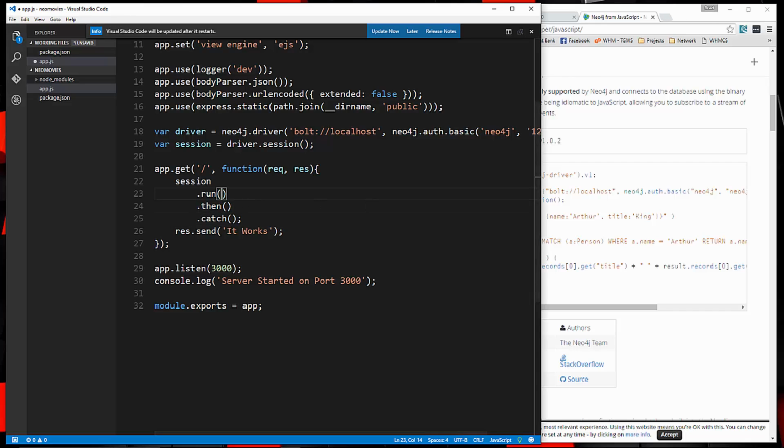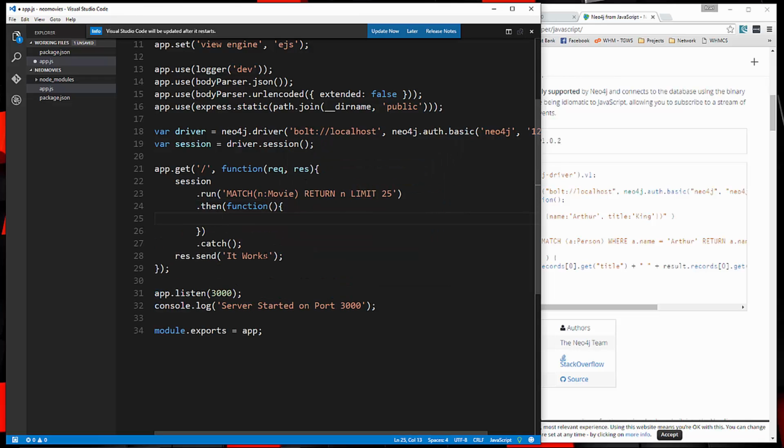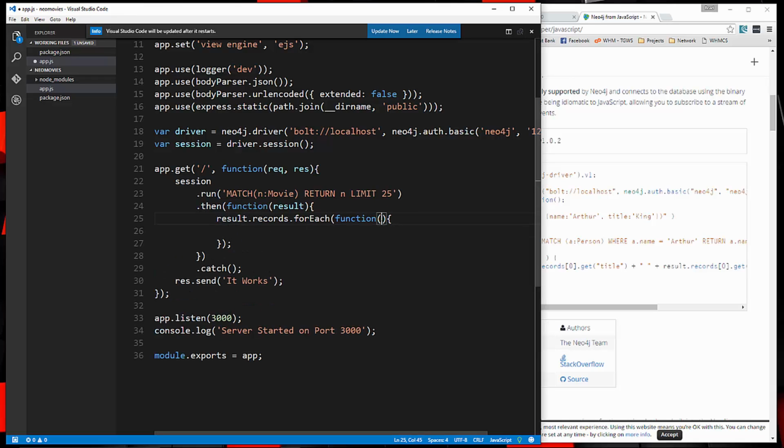Alright, so let's go into run, and I'm going to put in the query, we'll say MATCH. Let's get some movies, so we'll say (n:Movie), and then we're going to RETURN n LIMIT 25. Alright, so the query is as simple as that. Now what we need to do is add a callback function in here, and that's going to take a result, and then we should be able to loop through that result by saying result.records.forEach. Alright, and then inside here we'll have a function that's going to take a parameter called record, and then let's just do console.log